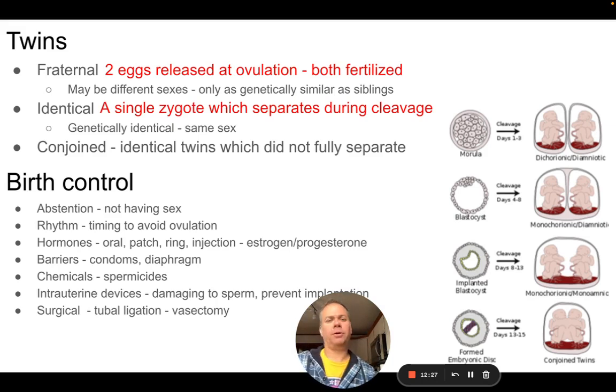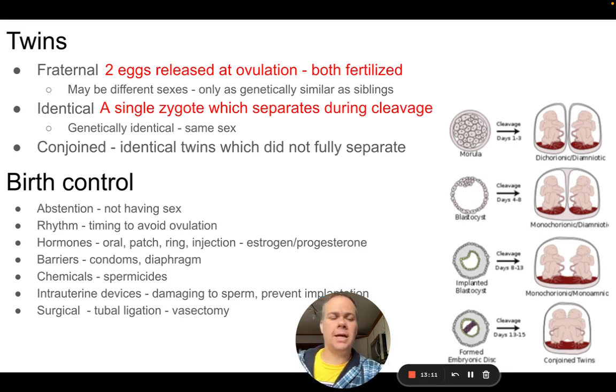Identical twins form in a different way. In identical twins, an egg is released, it gets fertilized by a sperm cell and forms a zygote. But somewhere in the early stages, while that zygote is dividing by mitosis, it splits apart. And each of those pieces that split apart continues developing, continues through mitosis in all the stages. They then are going to develop into two different embryos and fetuses, but they both came from the same sperm cell and the same egg cell. They're going to have the exact same genetics as each other because they came from the same sperm and egg cell. So these are identical twins.